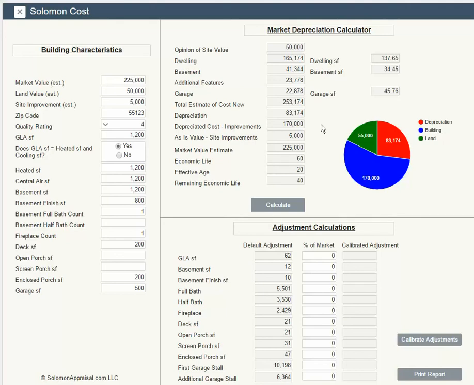Watch what happens when we change the market value estimate. If market value is $250, depreciation drops to $58,000. Effective age becomes 14. The market is paying a higher percentage of cost, in this case 77%. Remaining economic life of 46 years divided by 60 is 77%, same as 195 divided by 253. Let's go back to the original estimate of 225